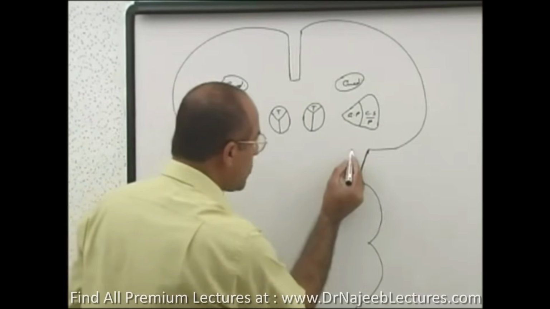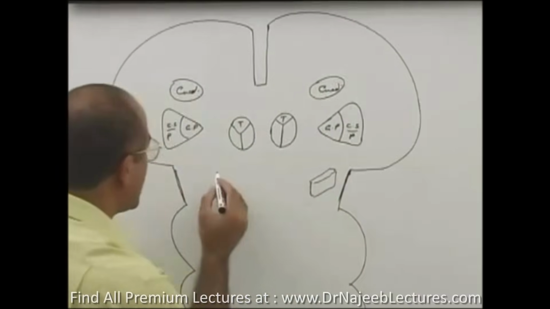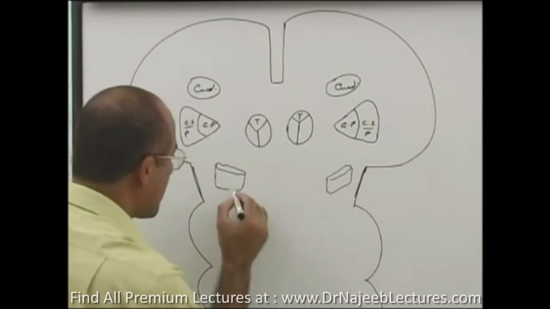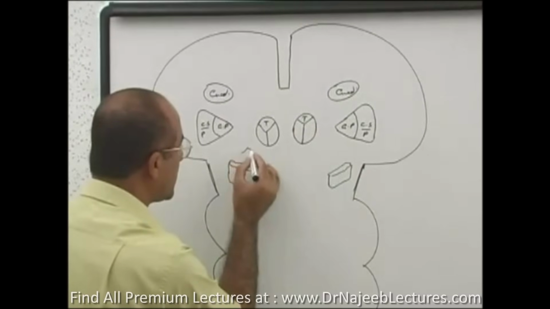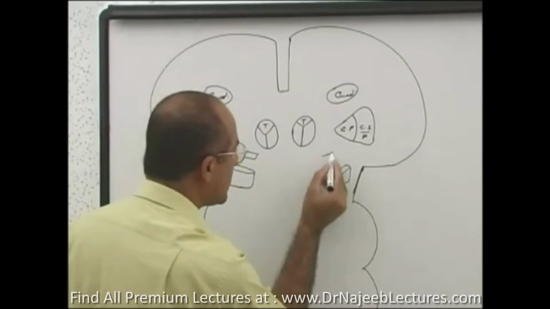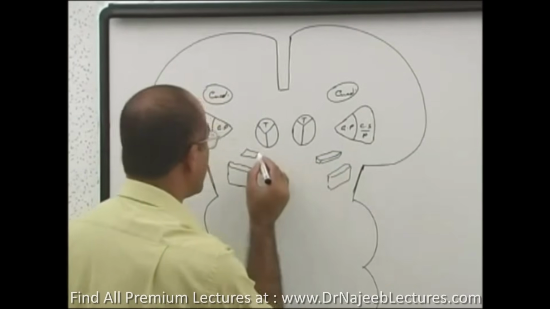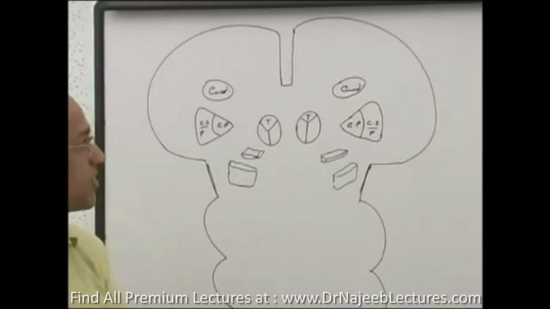Then, what is the structure here? Substantia nigra. And what is another structure present over here? Subthalamus. Is there any problem up to this? There's no. Now,